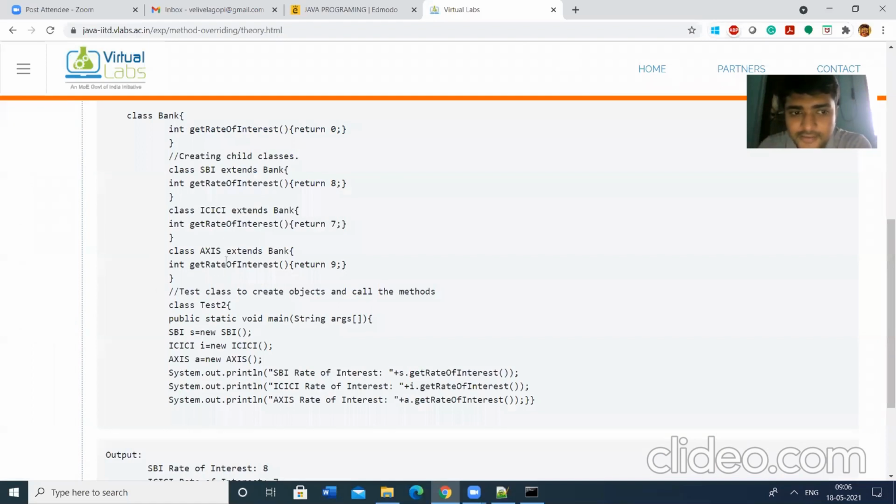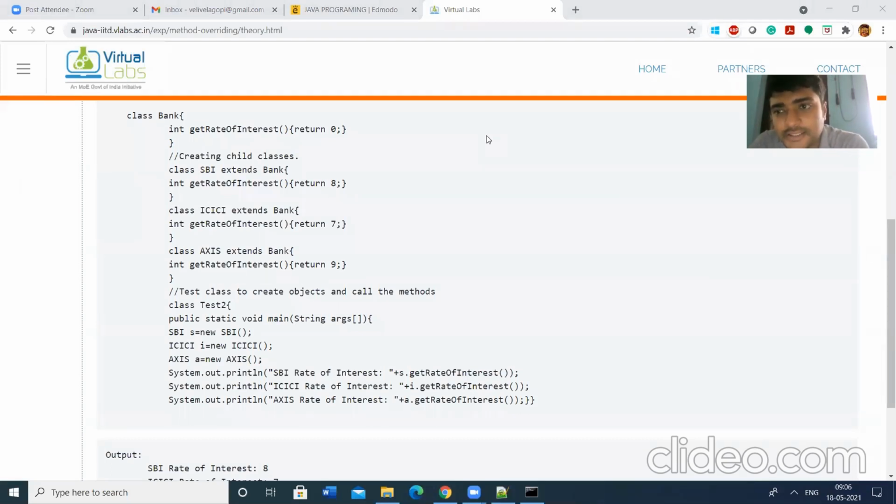SBI, ICICI, Axis extend the properties of Bank. It is not single inheritance.